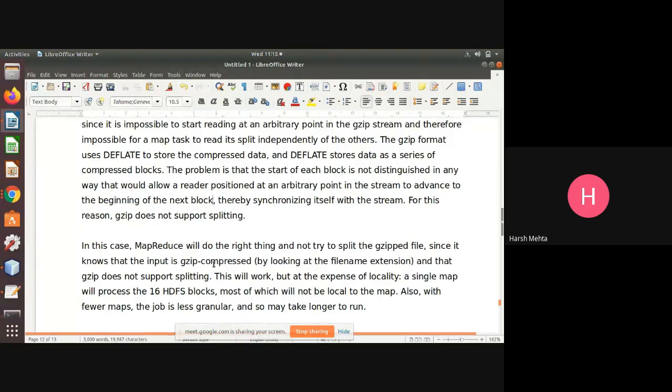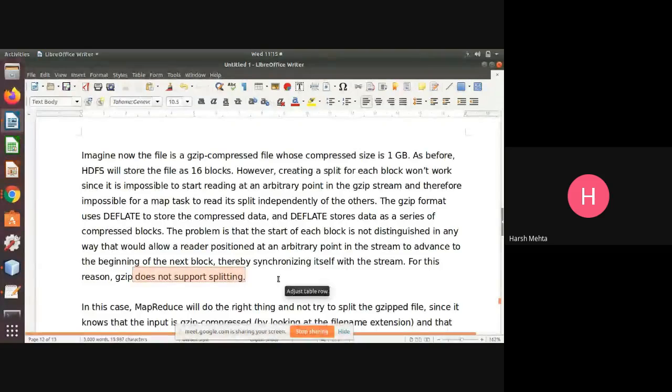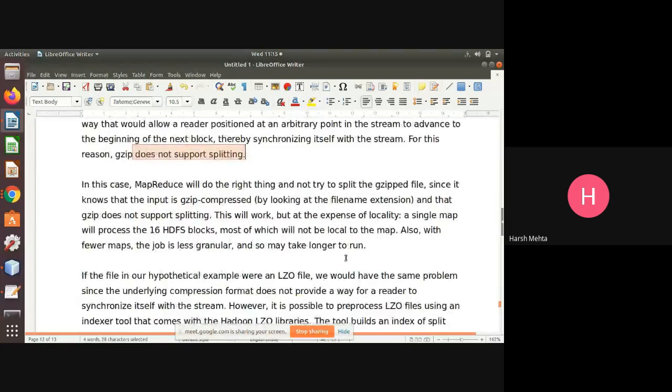Fine. So anyway, the point is that gzip does not support splitting. So the entire 1 GB file will go to only one mapper. Our mapper will not be able to divide it into 16 different blocks. That is the point I wanted to convey to you.